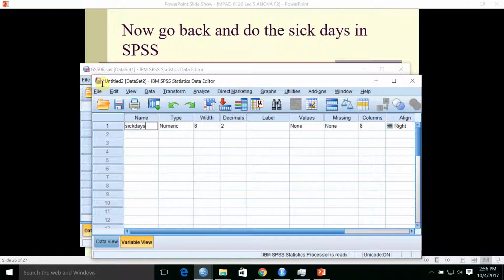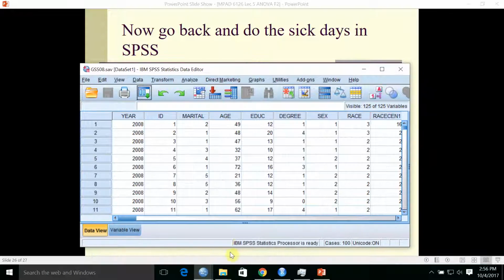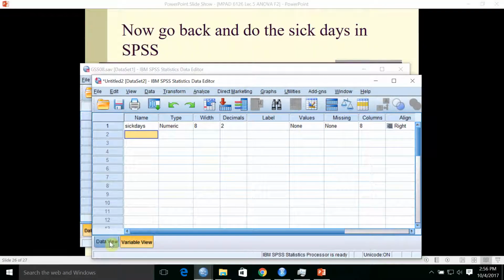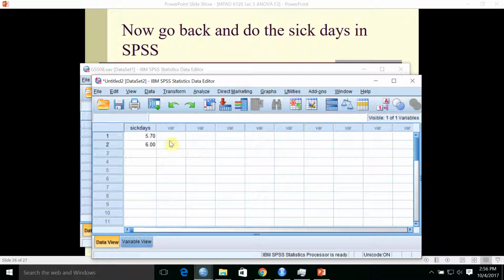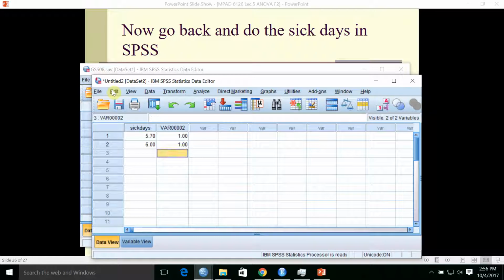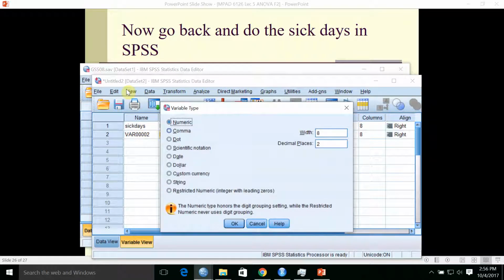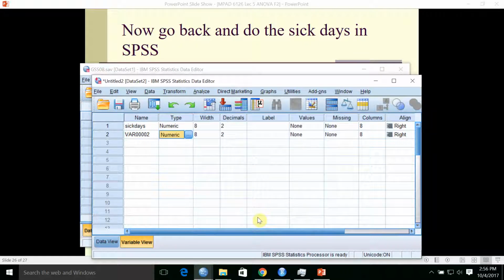Sick days. Oops. And then let's go back to our data view here, and then put in group 1, and so on and so forth. You will need to go and change your variable type from numeric, or not type,